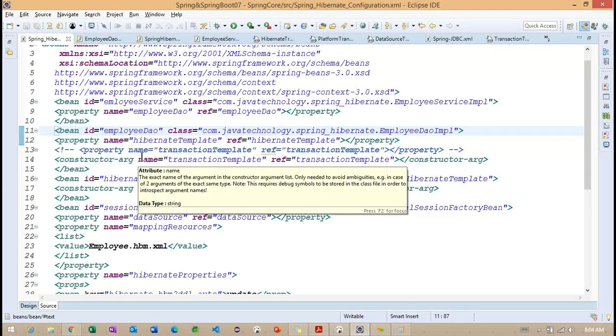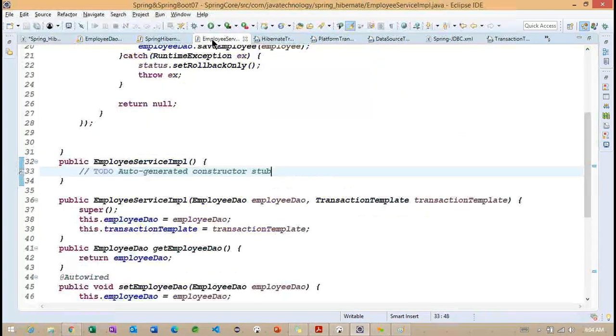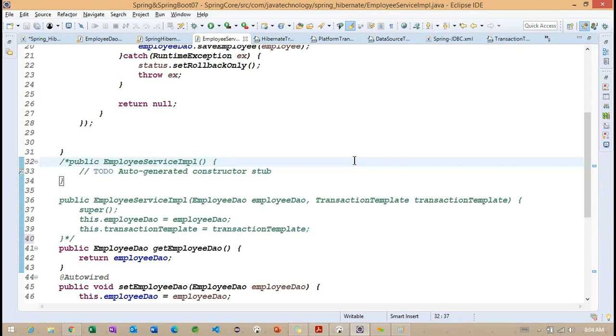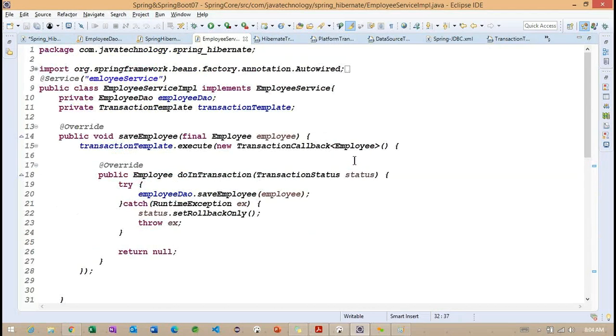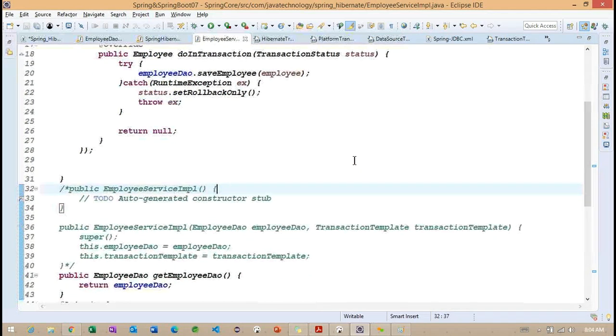Okay. Let me change here. Sorry, I am changing the information in the DO class, but we need to change it in the service class. Okay, let me comment out this. I am working on the service class, but I changed the DO class.